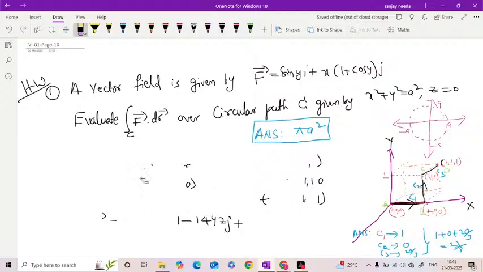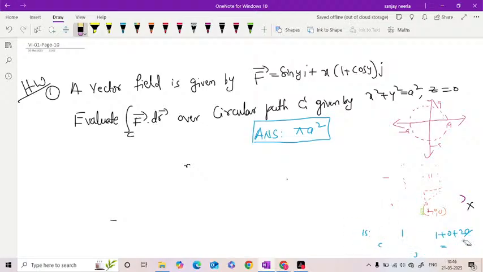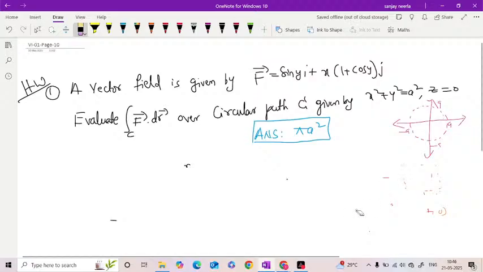Now a vector field is given by f is equal to sin y plus x into 1 plus cos y j, and the circular path, what is the circular path? x square plus y square is equal to a square and z is equal to 0, and the result is